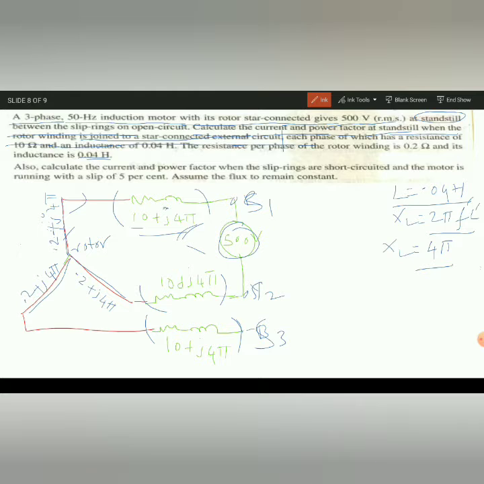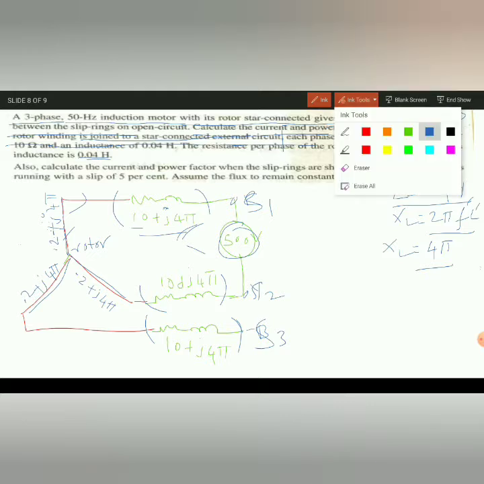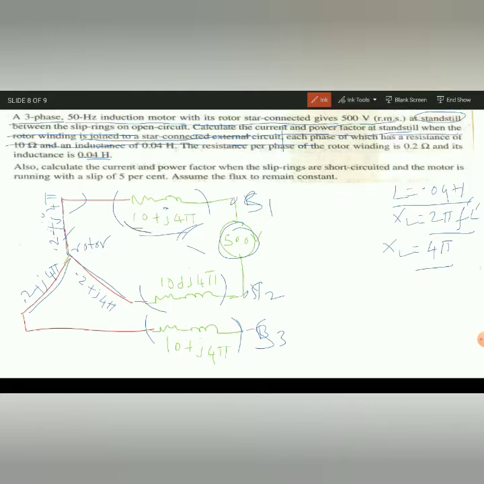Okay, so we know how to write the impedance. Impedance is R plus jX, reactance. So here the external circuit is having the value 10 plus j4 pi. And here the rotor, all the values are given: the rotor is having 0.2, and the inductance value was given, but we found the reactance. So here 0.2 plus j4 pi. Why j4 pi here and here is common? Because in both cases this was the same.